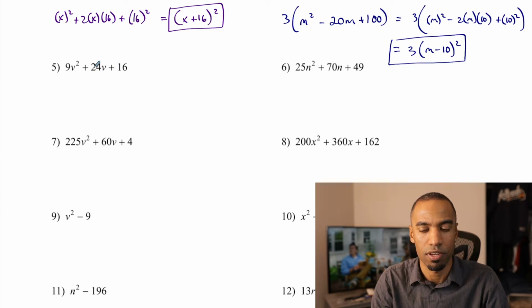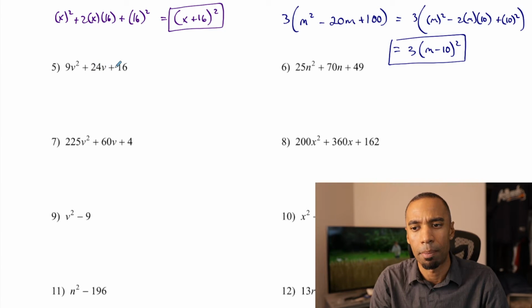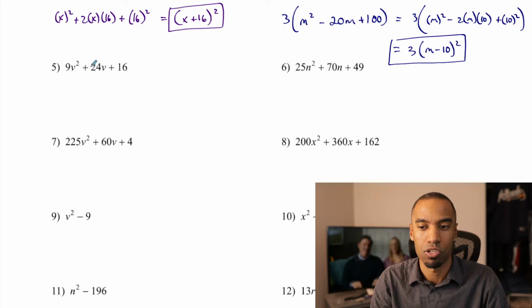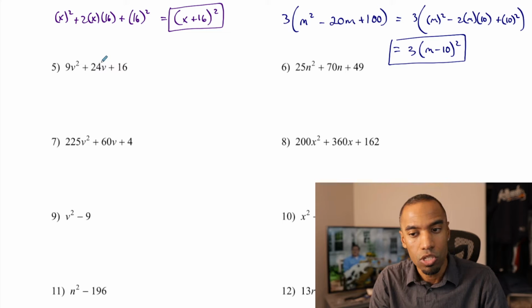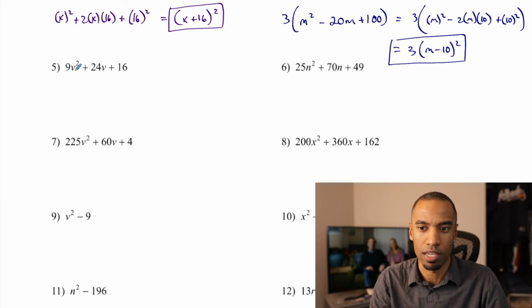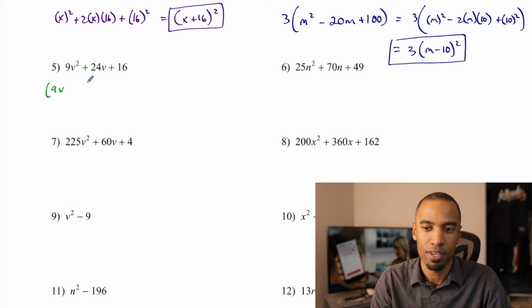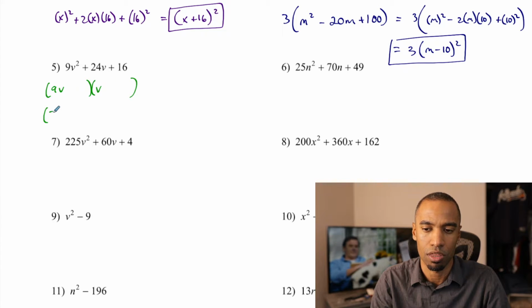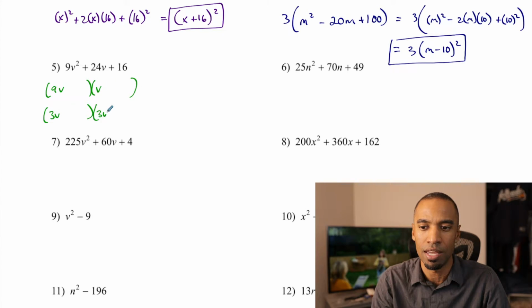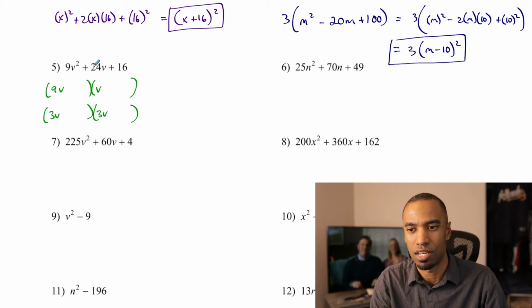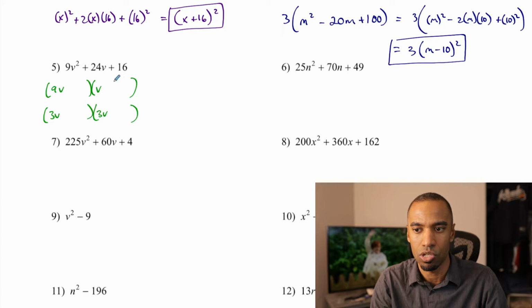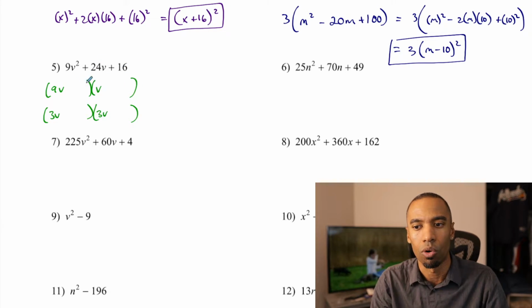First, you try and ask yourself, is there a common factor? There just so happens to not be a common factor, so we're going to have to work this out. And what you would normally do, if you saw my last video on factoring, is we'd say, hey, is this 9v times 1v, or is it 3v times 3v? And then you'd have to play with 16. Is it 16 and 1, 1 and 16, 8 and 2, 2 and 8, 4 and 4, whatever like that,